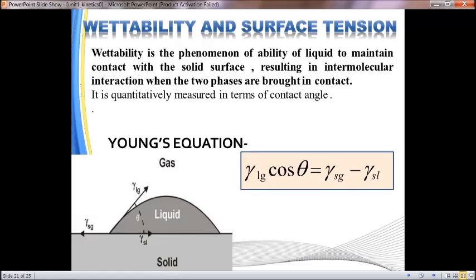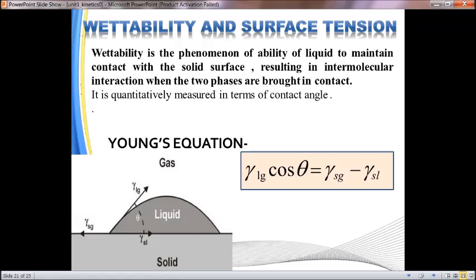So gamma with respect to the liquid, at the angle of 90 degrees, is equal to the interaction taken over the solid with respect to the liquid. So first liquid and gas has to be considered, based on the solid and gas, then solid and liquid. L stands for liquid, S solid, G gas. So Young's equation is always taken at 90 degrees, as given over here. That's the contact angle here.